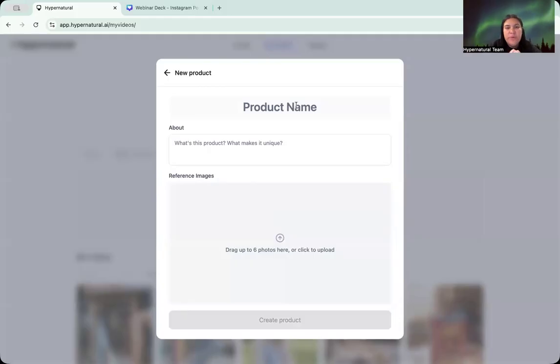Okay, so product is one of our newer features. To think about a product, we have character consistency, you have style consistency, and then the last piece of this is object consistency. Object consistency is usually most important for products, but there are a lot of other use cases in which someone might need object consistency, like you want the car to look exactly the same throughout every scene, or you want